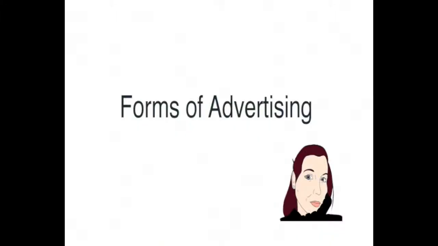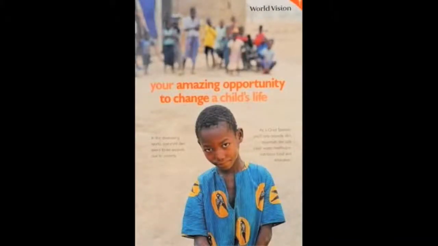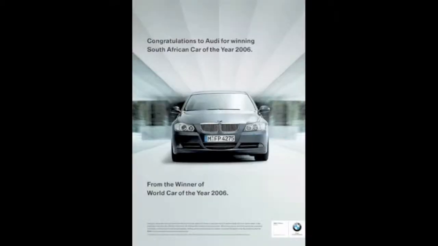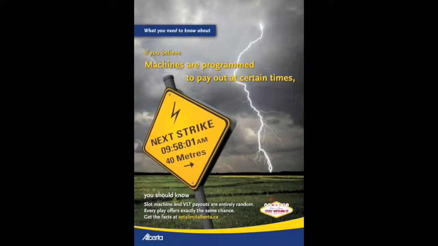So what forms does advertising take? Well, it can take many forms. For instance, advocacy advertising includes political, economic, and social issues and how they're promoted to the consumer. Comparative advertising compares one brand with another brand. Informational advertising gives information about that brand.